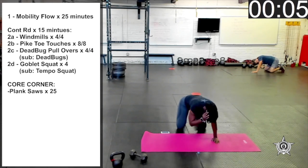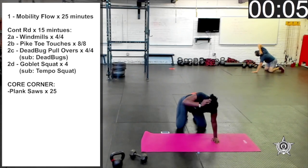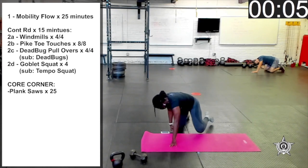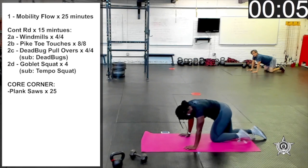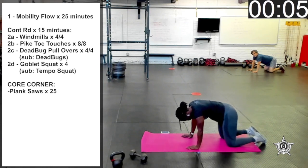Got about 2 left. Inhaling together, exhaling up. Very nice, everybody. Now from here, we're going to come back into our tabletop position, and we'll transfer that into